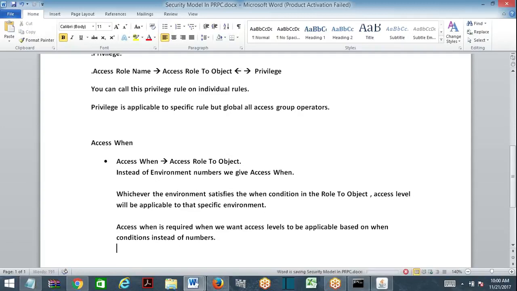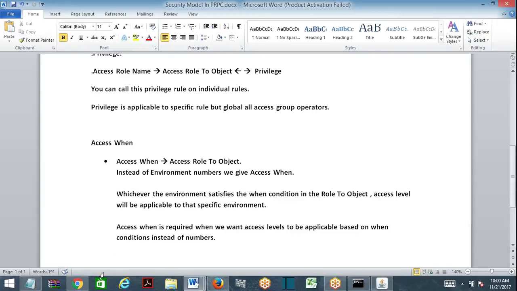What is the disadvantage of giving numbers here? Numbers will not allow you to prevent or execute in different environments. It will only allow one level and the levels below it. But if you want random environments, you cannot apply by using numbers. If you want to apply randomly to different environments, then you have to proceed with when rules.